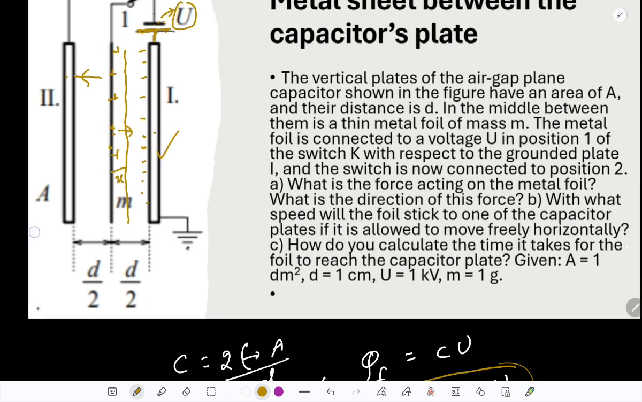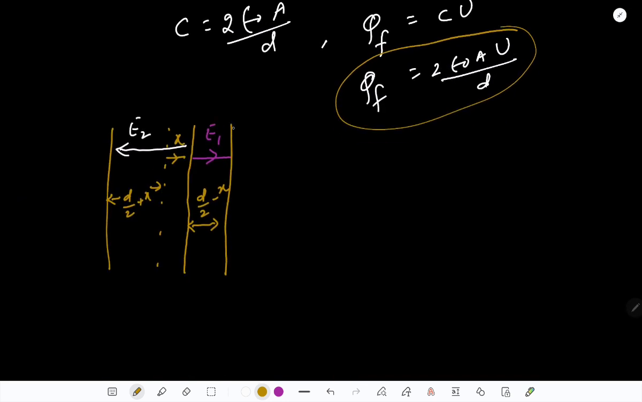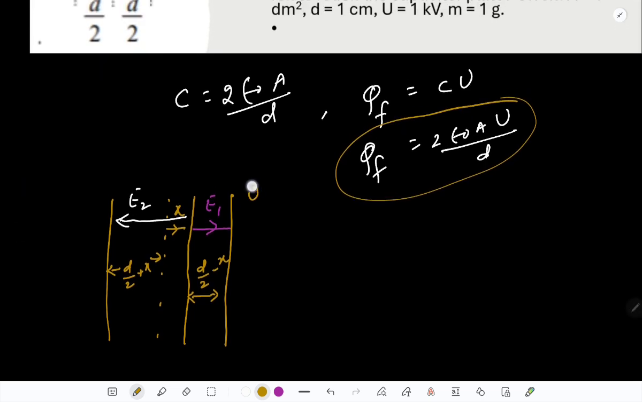being U, and so no, the potential of this plate is 0 in fact, because it is grounded, and that means potential of this plate being E1. So I need to write the potential difference between the two plates, and I will start